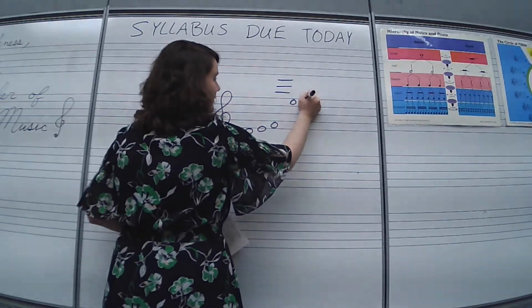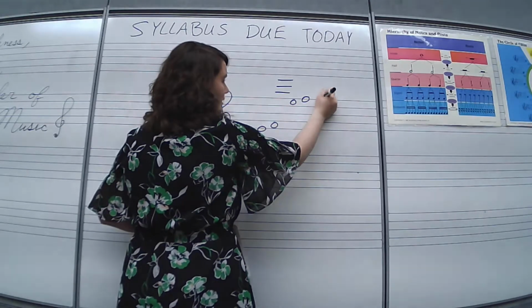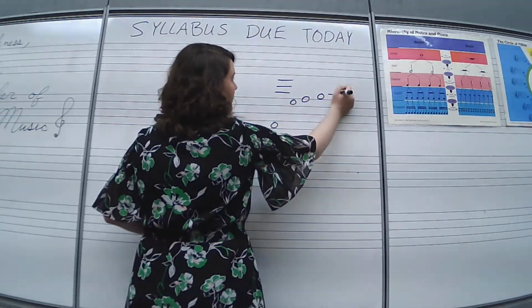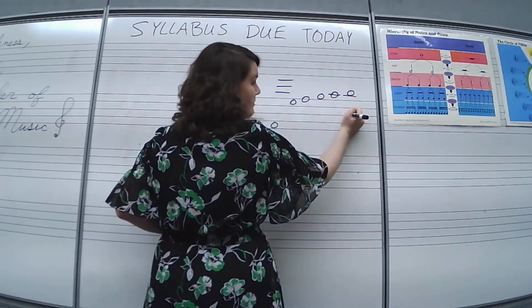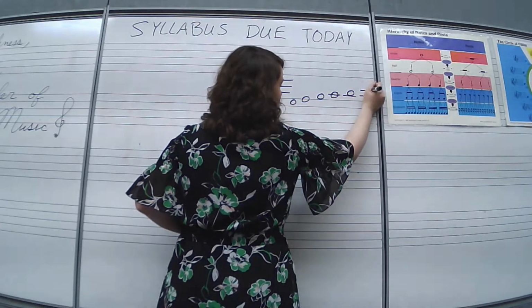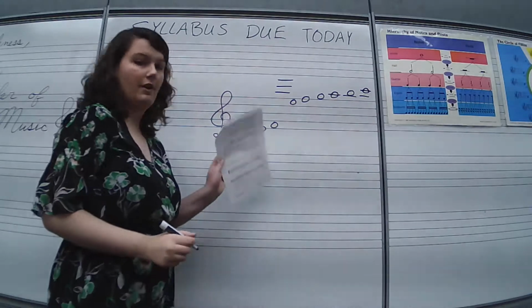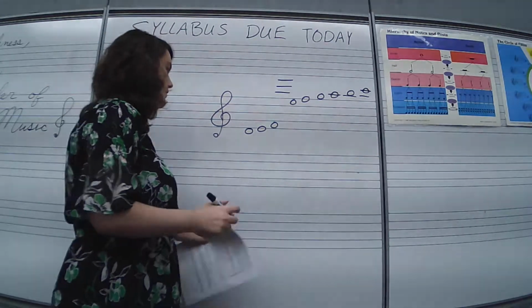When we go up, we just go forward in the alphabet. E, F, G, here's the ledger line. A, now we need the space. B, another ledger line. C. I went farther than what this says. You do the same thing